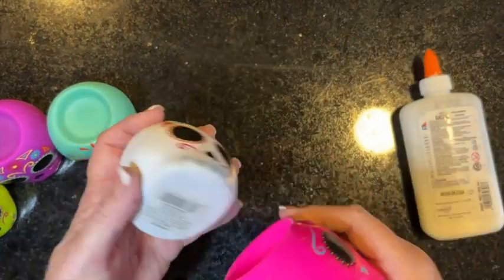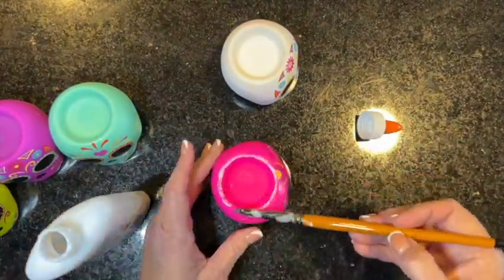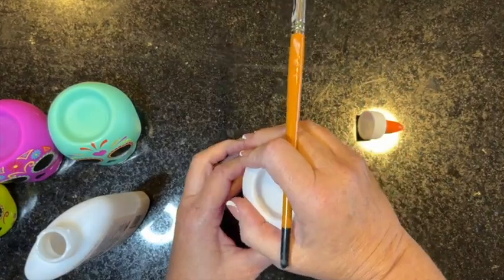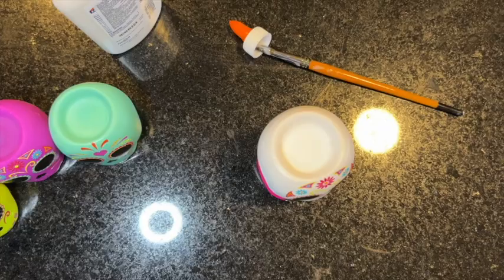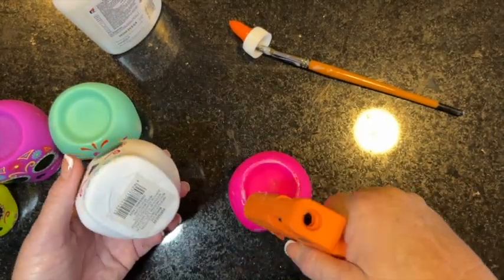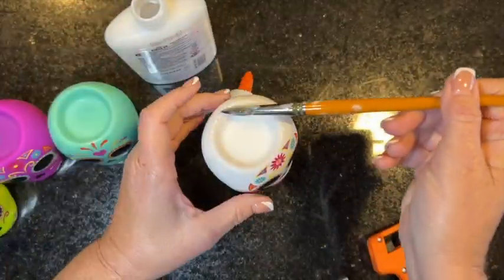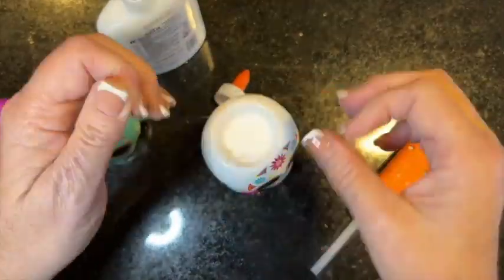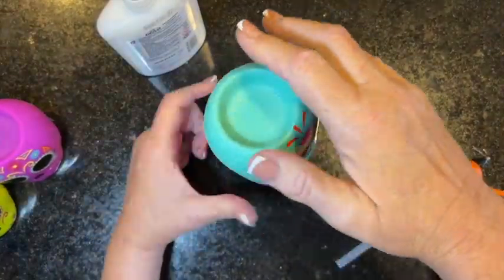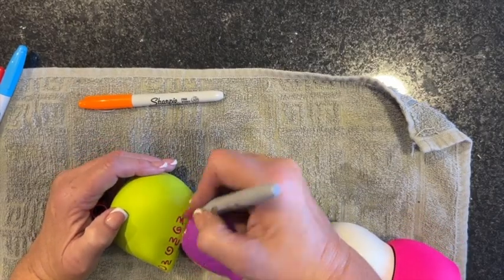All right, we're going to take these 5 tea light holders, and they stack really well because they were flat on the bottom. At first I used Elmer's glue. I gotta be honest, I didn't film it, but I ended up using wood glue because I don't have any crazy glue yet. The wood glue, Elmer's glue and hot glue didn't hold. So I used wood glue and let it sit overnight, and that did kind of hold, except they ended up breaking apart, which I used to my advantage,